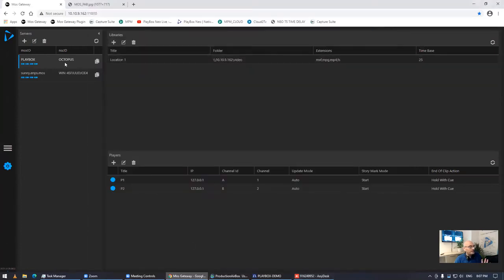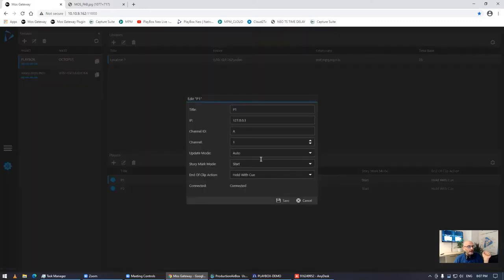So what do I configure for this particular one? First, I configure the location of the storage, obviously, and what type of extensions I want to filter, so I don't see files like thumbnails and stuff like this in my media browsing plugin. And here I have the channels assigned. So I have P1, player 1, I can give a channel ID, any description that makes sense to me, which